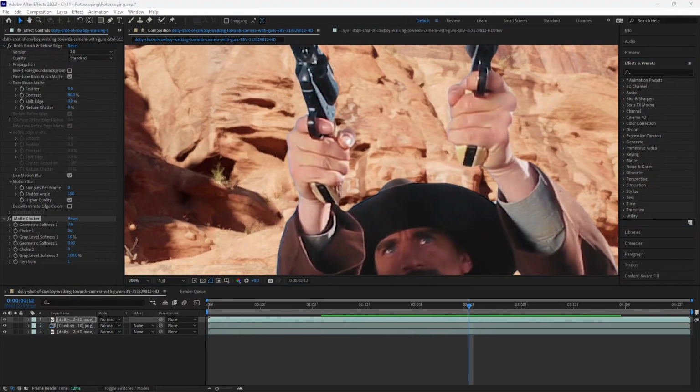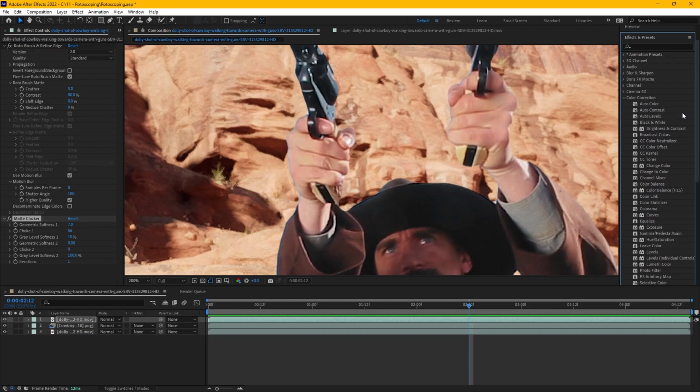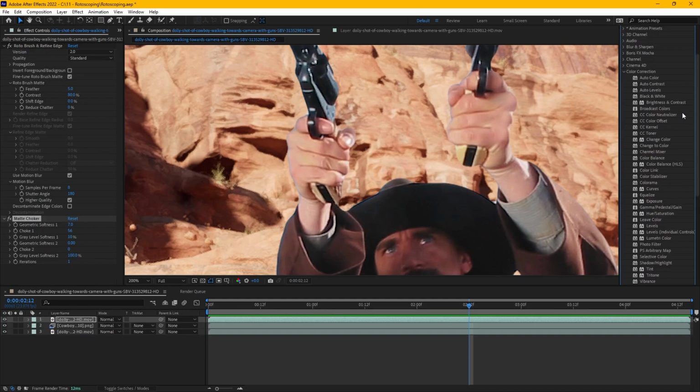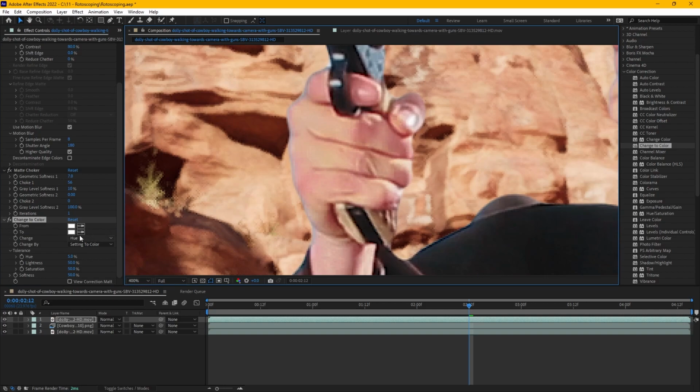Next, I want to get into some color correction. So I'm going to go over here to the color correction drop down, and there's a lot of effects here. A lot of them are very similar to some of the adjustment layers that you would find in Photoshop. And the one I want to start with is Change to Color. And what Change to Color does is it allows me to use the eyedropper tool right here to select a color on one part of my scene,